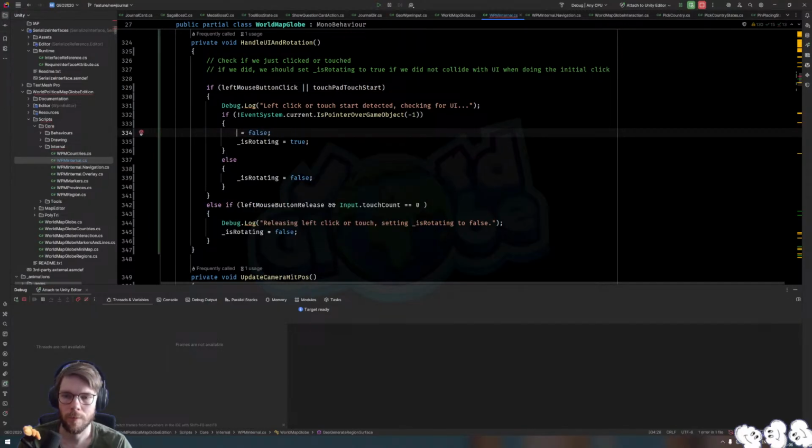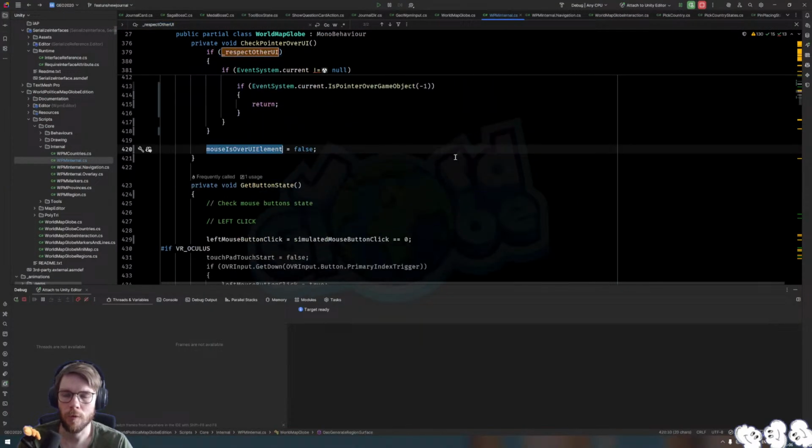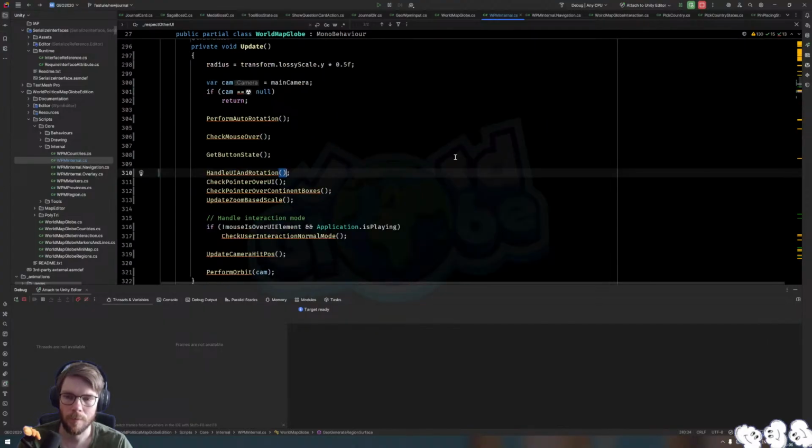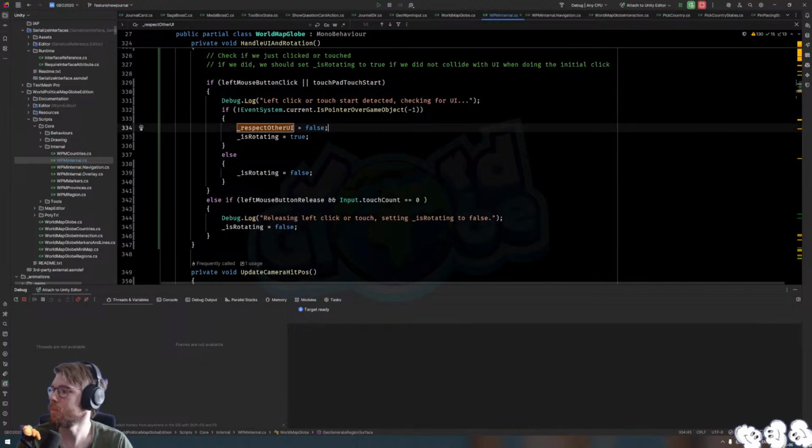Over UI. Mouse is over UI element, that's the one. Oh, it didn't have, that's why. So this is the importance of